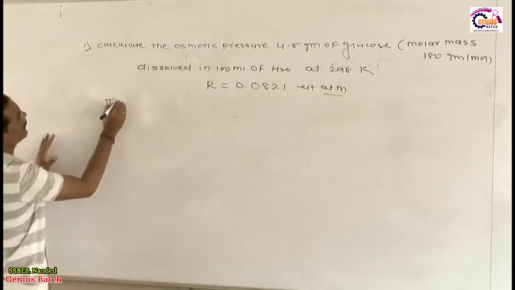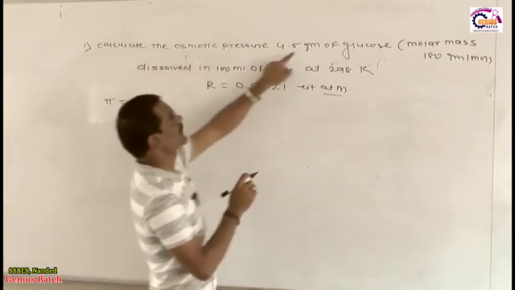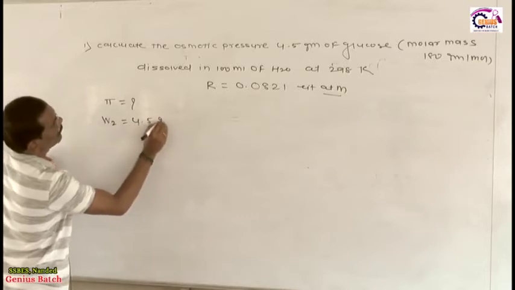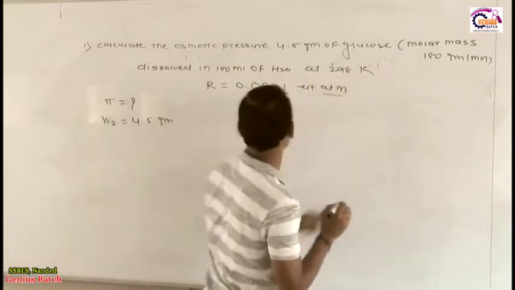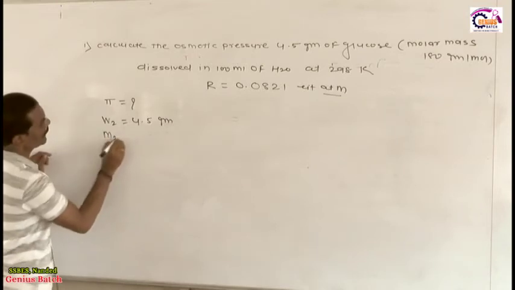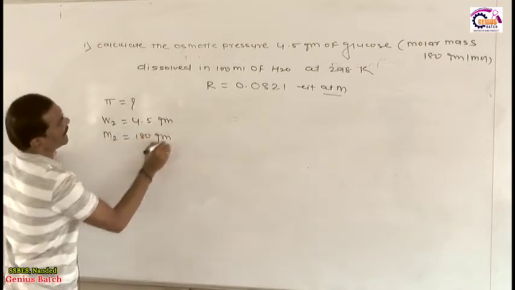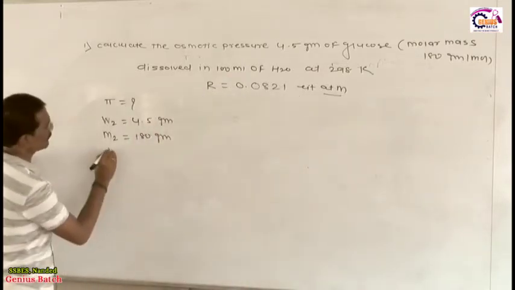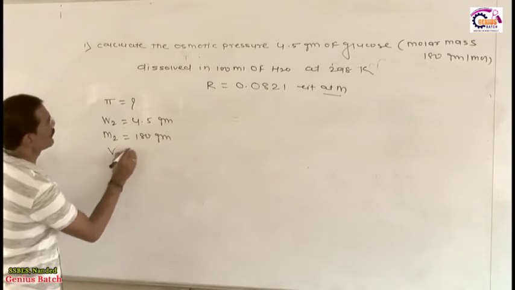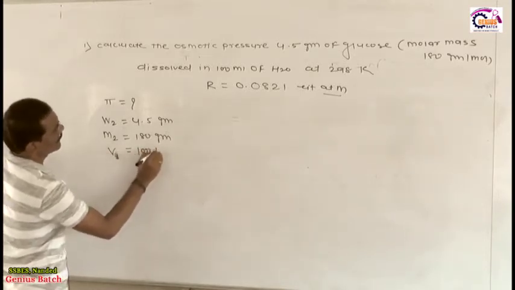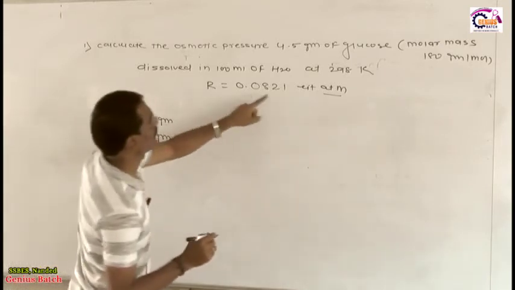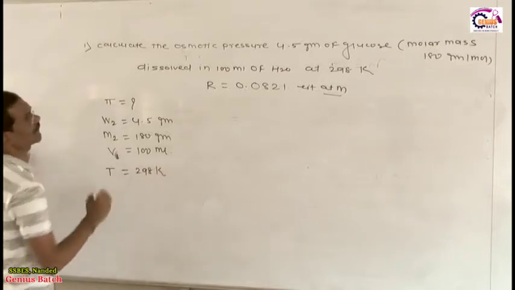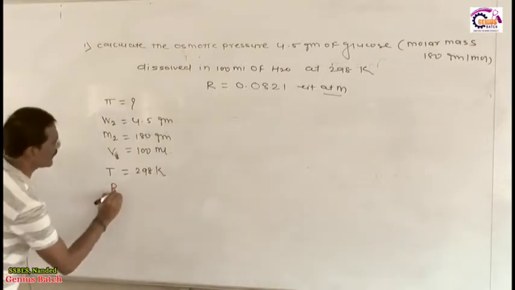They are asking you to calculate the osmotic pressure of 4.5 gram of glucose. They are given the mass of solute, that is 4.5 gram of glucose. Molar mass also they are given. The value of M2 is 180 gram per mole. Dissolved in 100 ml of water, they are given the volume of solution, that is V. They are also given the temperature, 298 Kelvin, and the value of R also they are given,